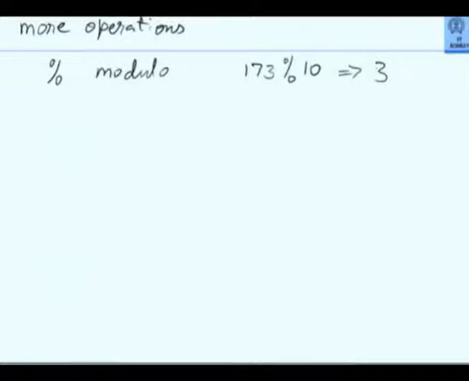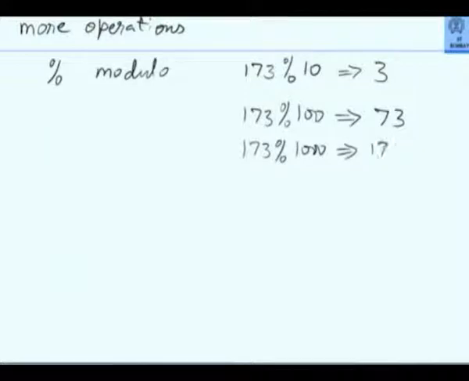Okay. What will be 173 modulo 100? 73. What is 173 modulo 1000? 173. So you see, this is how you can extract things.